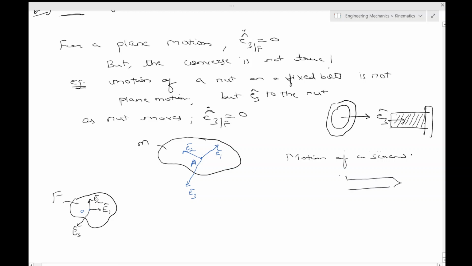Say this is the head, and there are these threads, and using your screwdriver you apply it, so it's like a wrench, that you have already seen. Now this keeps on moving inside. This is how the screw works. So for the motion of a screw and plane motion, we have E3 dot with respect to F is equal to 0. We can choose